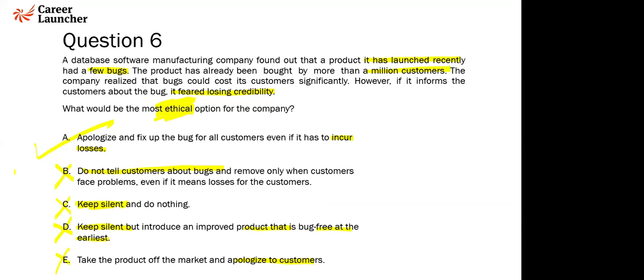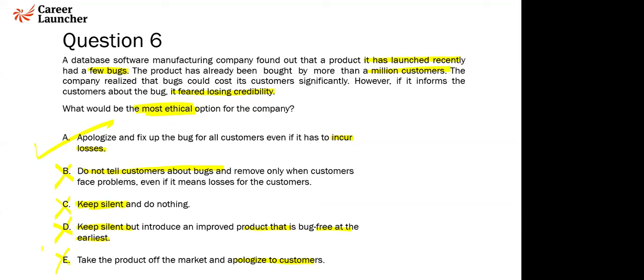Utsav, why will losses not be fair to the company? Please look at the criteria. You do not stick to the criteria, Utsav. The criteria is ethical, most ethical option. Is this not the criteria? Everything else takes a backseat when the question says this is the criteria.